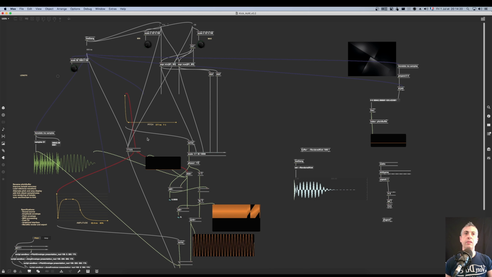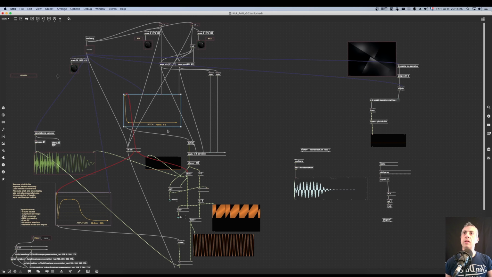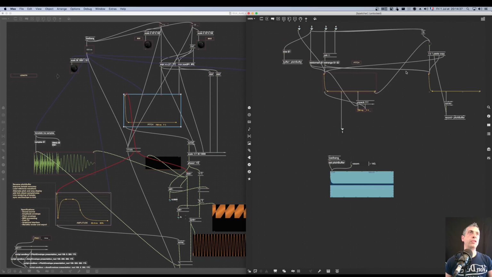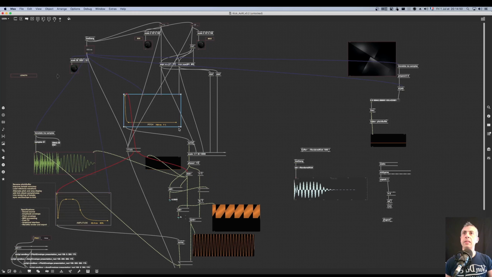Actually, my envelope should as well trigger this kick regeneration, and this one as well, but we don't have the bang coming out of this. So let's open this one, and I want to get a message out whenever I change my envelope. So the bang is here. If I touch there, a bang is sent through this last inlet, and I'm gonna take this bang and send it to my